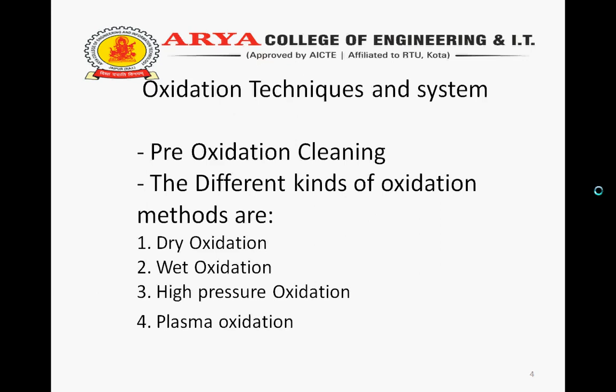The different kinds of oxidation methods are: first is dry oxidation. SCl2 dry oxidation is straightforward using microprocessor control equipment. The desired insertion and withdrawal rates, ramp rate, gas flow, and temperature are all programmable. Care must be taken in handling SCl2 because it corrodes the metal parts.